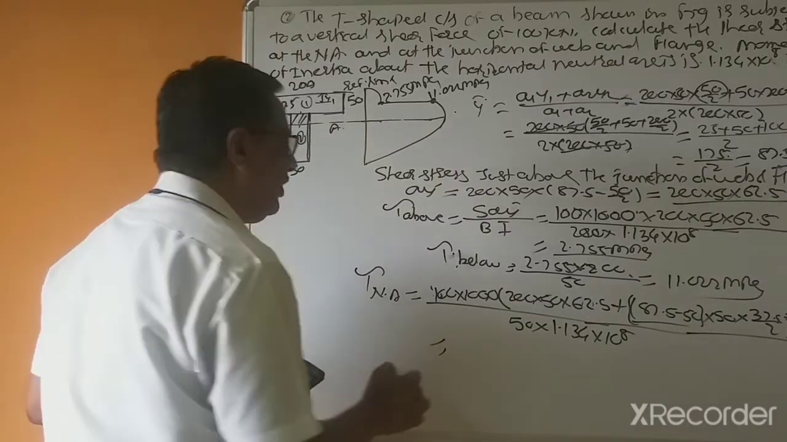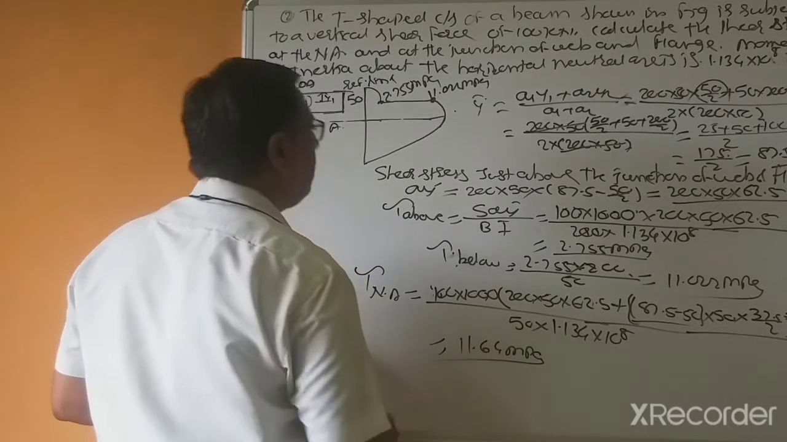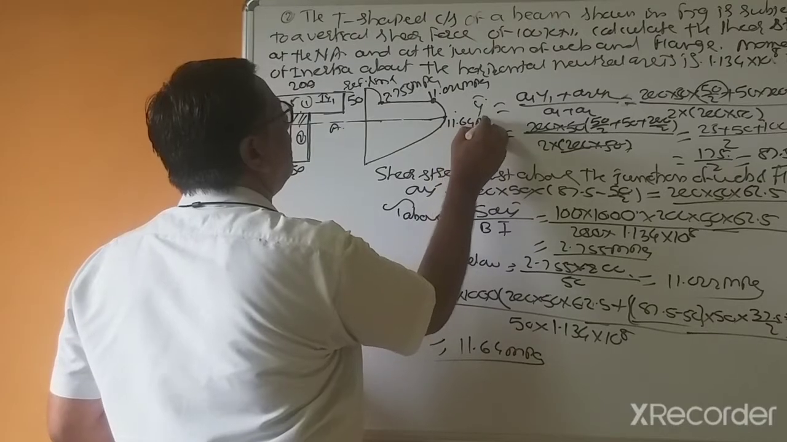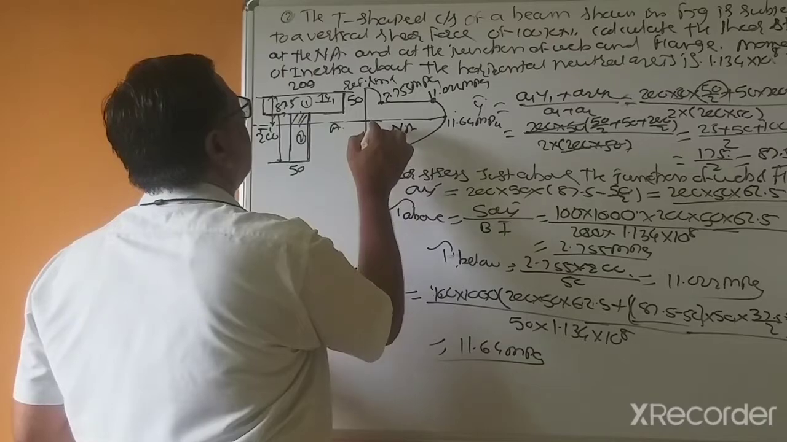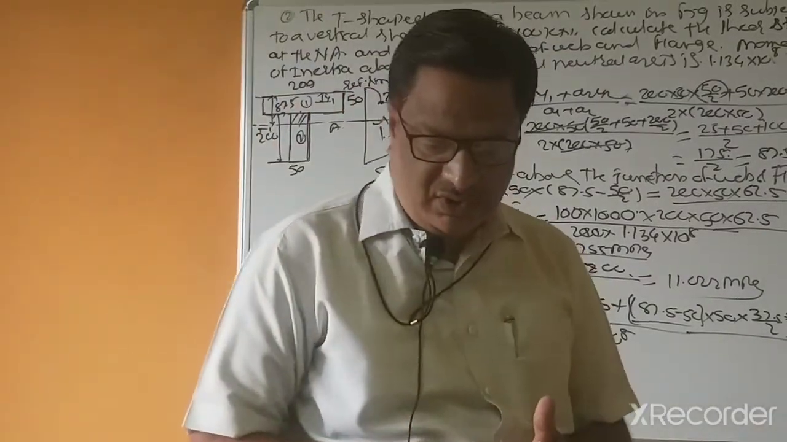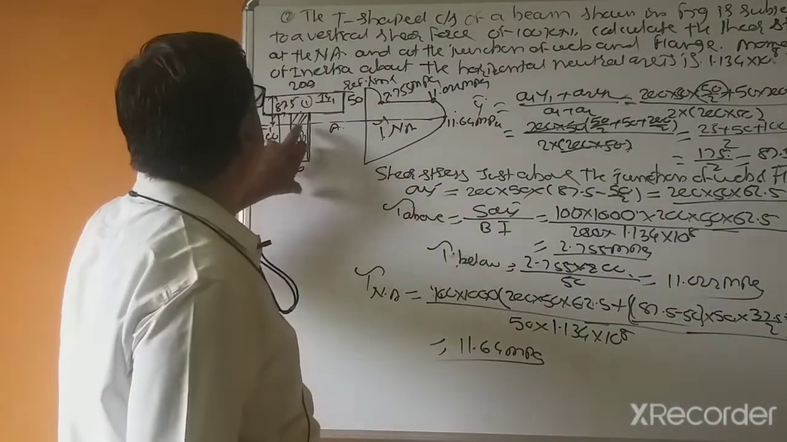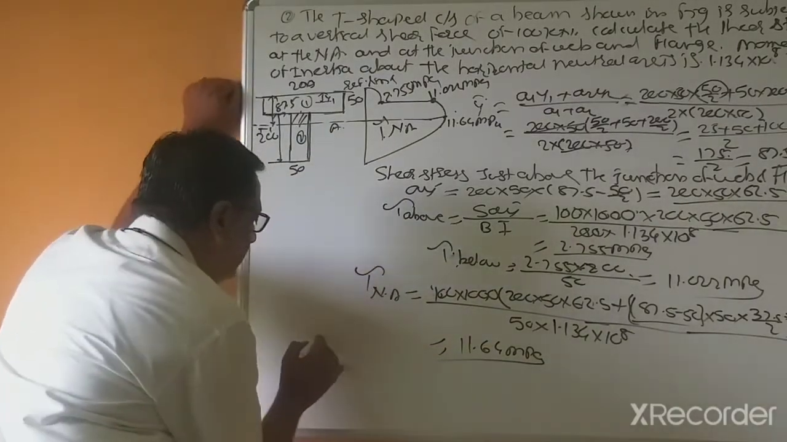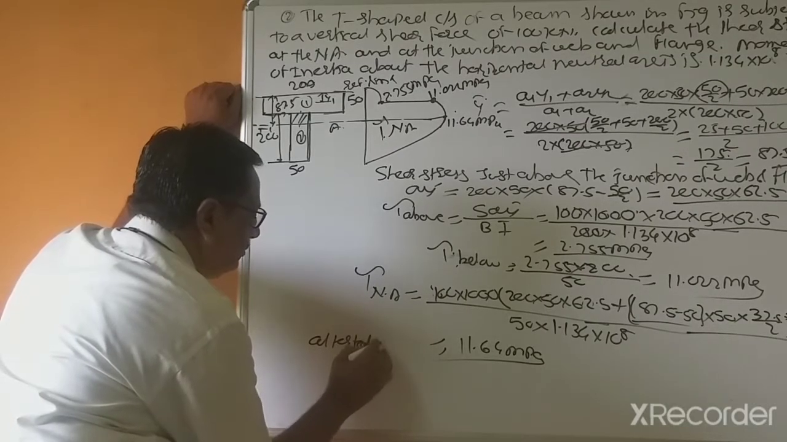So this is 11.64 megapascal, and this is 11.64 megapascal. So this is your required shear stress distribution diagram. You can calculate this from the bottom side also, as an alternate method